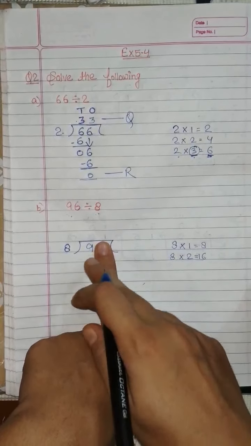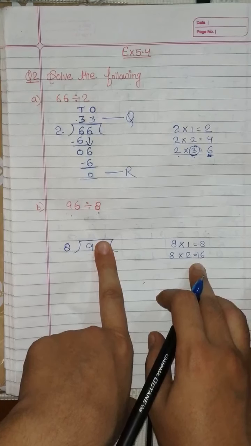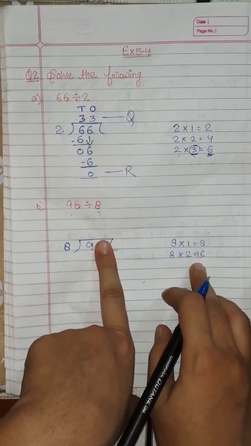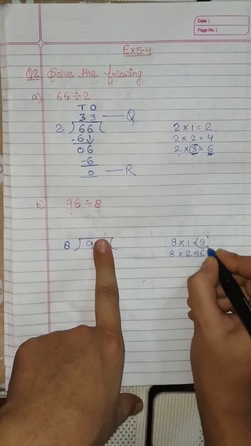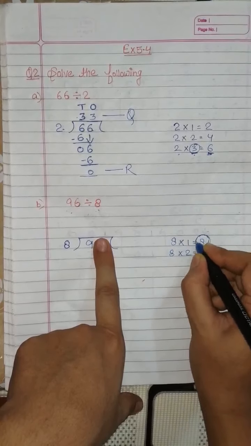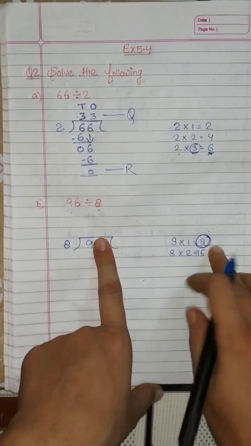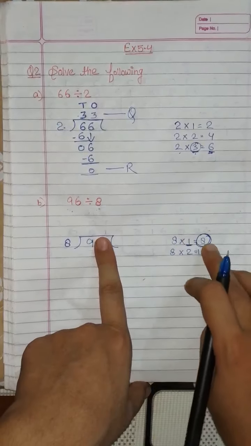मैं 16 नहीं ले सकती because ये 9 से बड़ा है. तो मैं 16 को 9 से सब्ट्रैक्ट नहीं कर सकती, राइट? We cannot subtract the greater number from the smaller number. So what I will do, I will take the multiple that is above it, जो उससे ऊपर वाली मल्टीपल है, जो उससे पहले मल्टीपल है, हम वो ले लेंगे. How many times is it occurring? 1 time. So what number am I going to take?